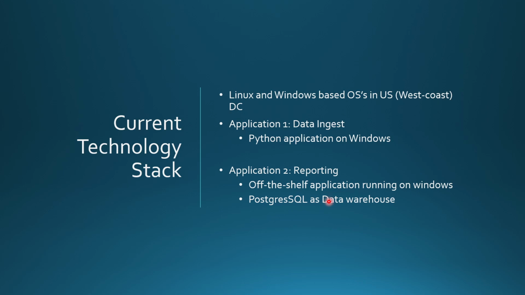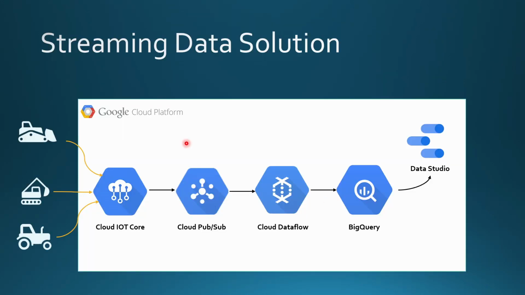Now, as soon as you have seen the data warehouse keyword, you might be well aware that if you want to put that in the Google Cloud, you can directly use BigQuery. So now let's try to come up with a possible solution. The first solution is for the 200,000 vehicles that are connected to the IoT core, or connected to the cellular network. Basically for those 200,000 vehicles, this path is the fastest way.